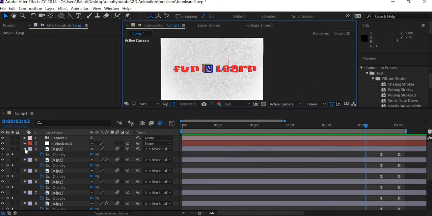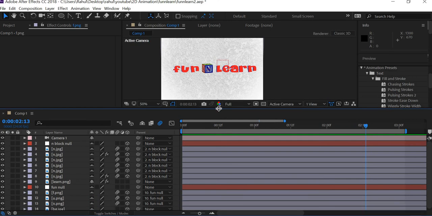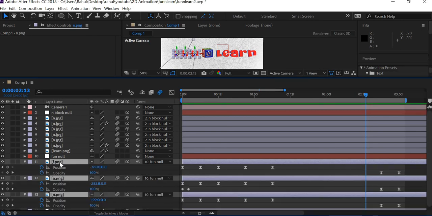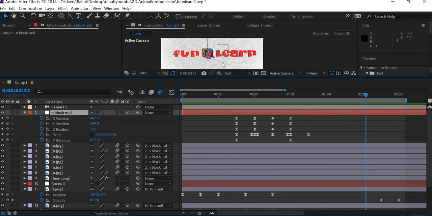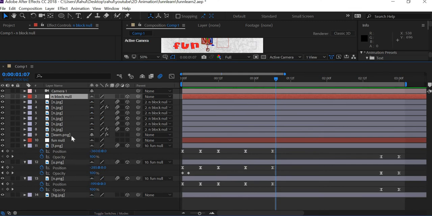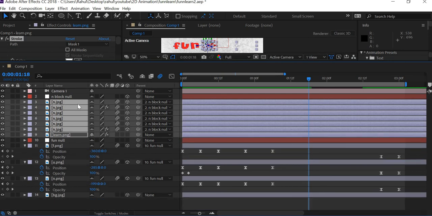Okay, now what I was saying is that everything happens one after the other, so you can speed things up or mix things up, and that's what makes it interesting. So if you look at FUN, okay, and then the block keyframes. So I already did that, so it started at 1, so I moved it a little before, and then we will do the same thing with our learn. We hit the U key and it's happening at 2, so we can drag it. So at 18. All right, so if you look at everything,